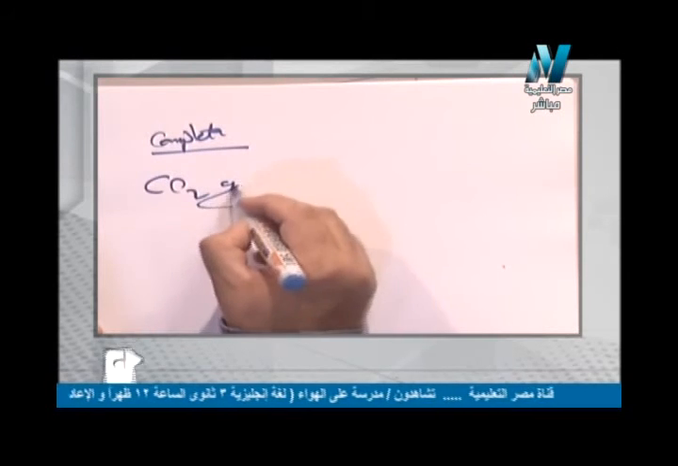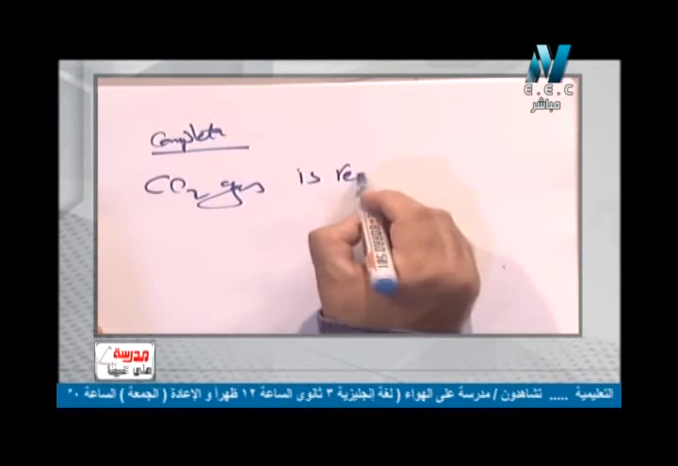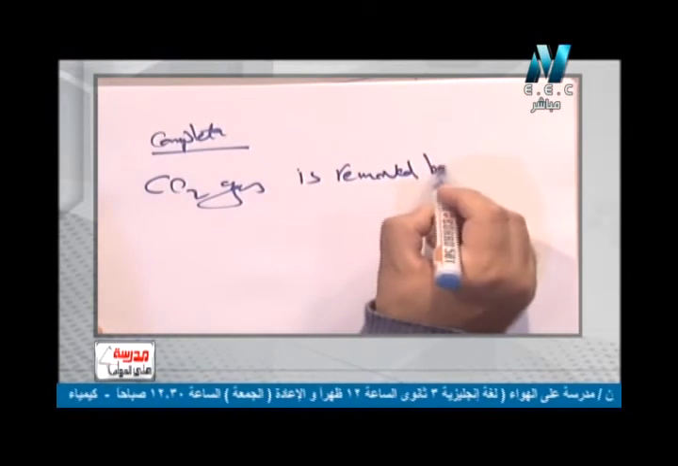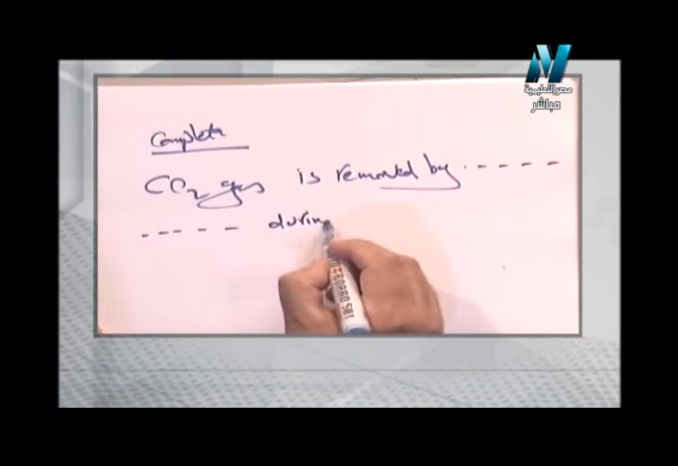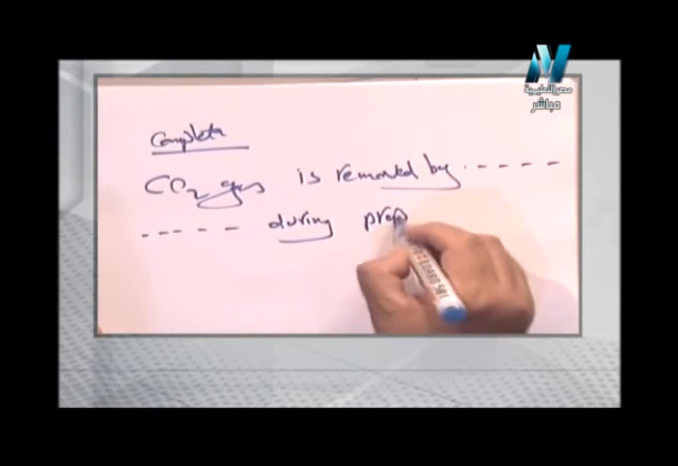So how can I remove carbon dioxide gas? I can remove carbon dioxide gas by one of two substances: sodium hydroxide or potassium hydroxide. So I now have a complete question. The question says: complete, carbon dioxide gas is removed by what, during preparation